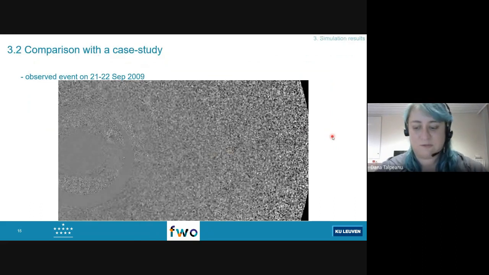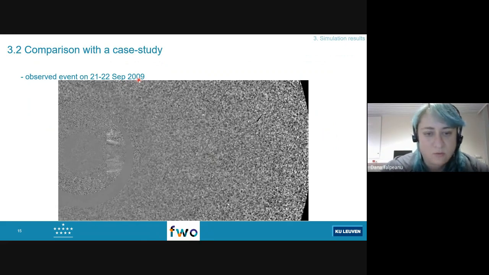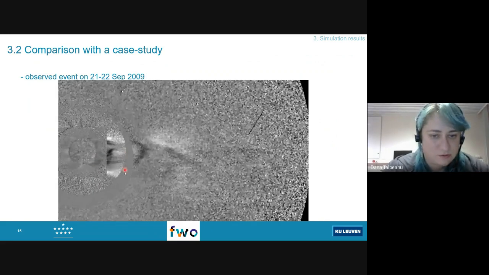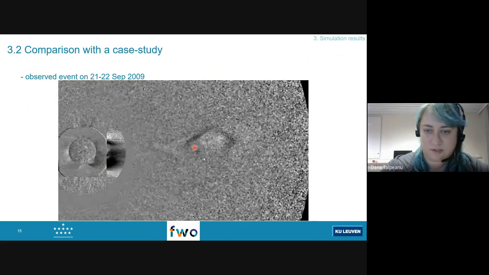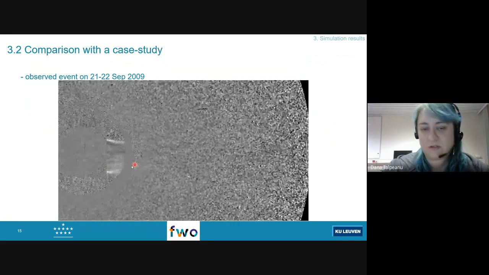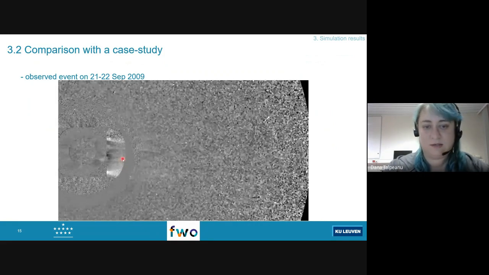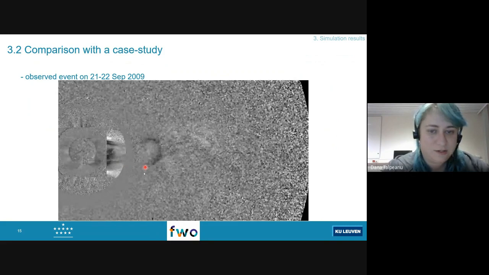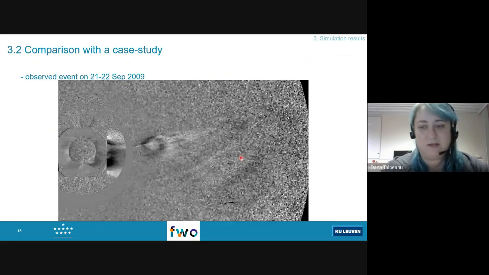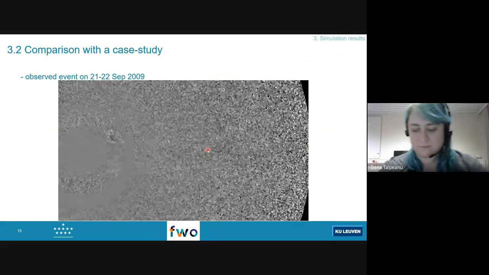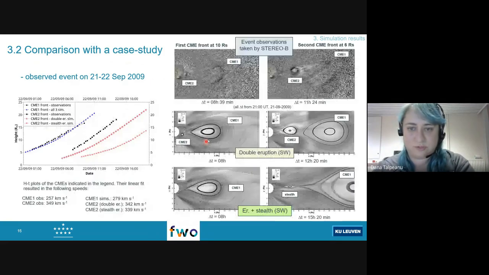In order to see that my simulations are actually physical, I also compared them with a case study with two CMEs that occurred in 2009. One was associated with a prominence eruption, this one, and the second one, you can see it here erupting, was actually not associated with any low coronal signatures, and that is why we considered it a stealth. So it would fit in the eruption and stealth scenario, and that is why I wanted to compare it with this case, but also with